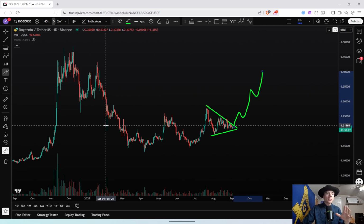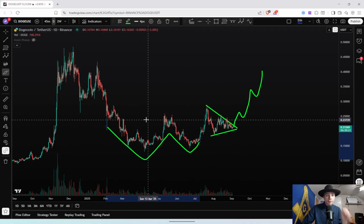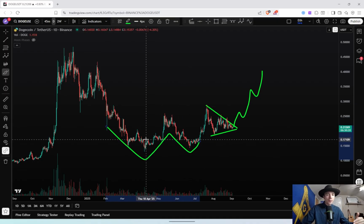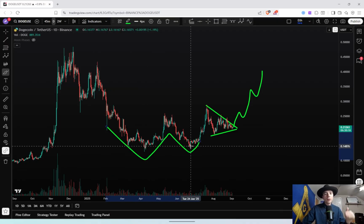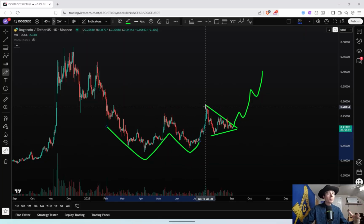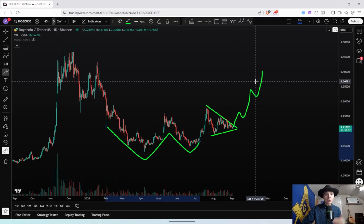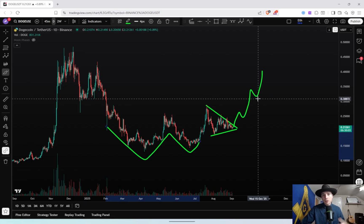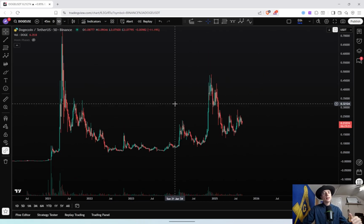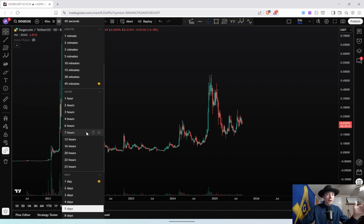The other thing that you can see here with Dogecoin is a double bottom pattern that we started to form back in April. So we had our first low over here in April and our second low over here in June. We've started to break out of that double bottom pattern, and now we're forming this triangle in preparation for more upside and a bigger reversal. So the short term is really telling us that we will see continuation, we will see the market go higher,